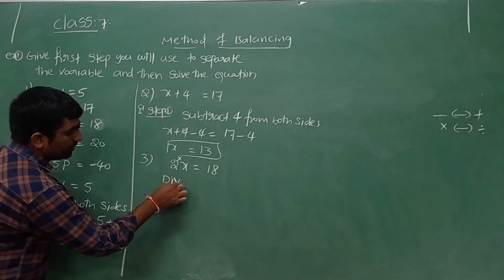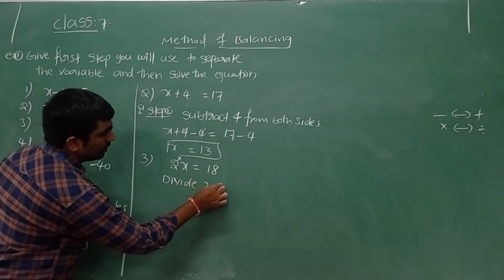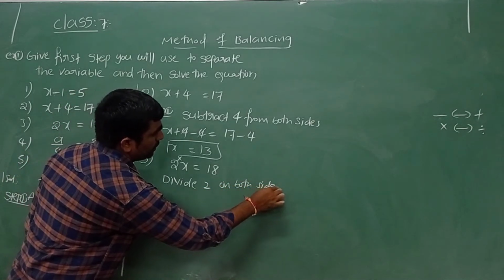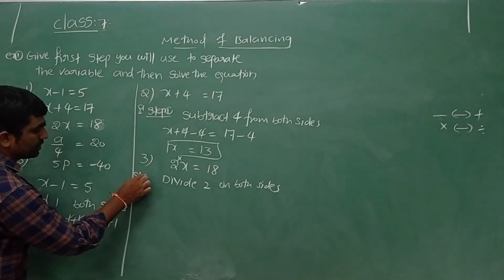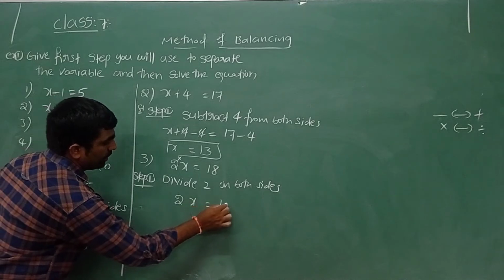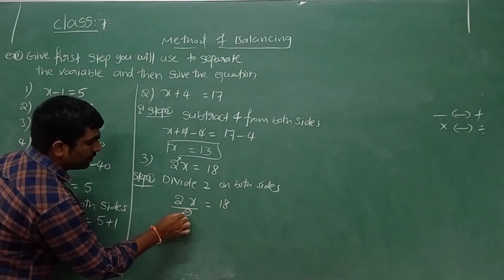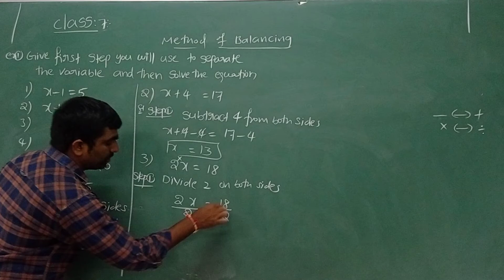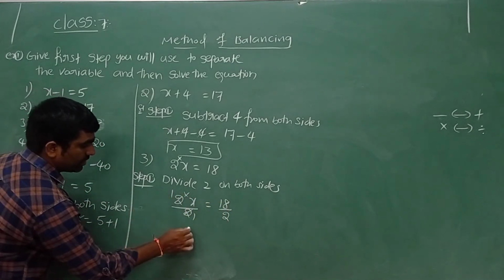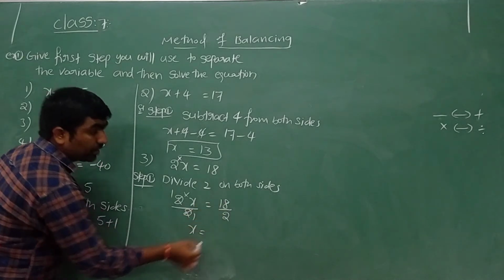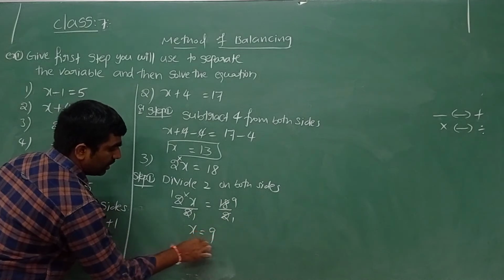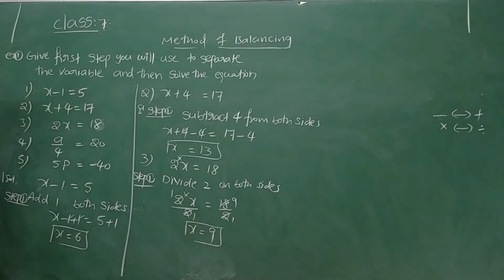Let me write here: divide by 2 on both sides. So both sides we can divide by 2. This is our first step. Take the LHS, 2x, and RHS, 18. LHS divided by 2, even RHS also divided by 2. In between there is no symbol, I take it as multiplication. The 2s cancel. x is equal to 18 by 2. Simplify this: 2 ones are 2, 2 nines are 18. Yes, x is equal to 9 is the solution.